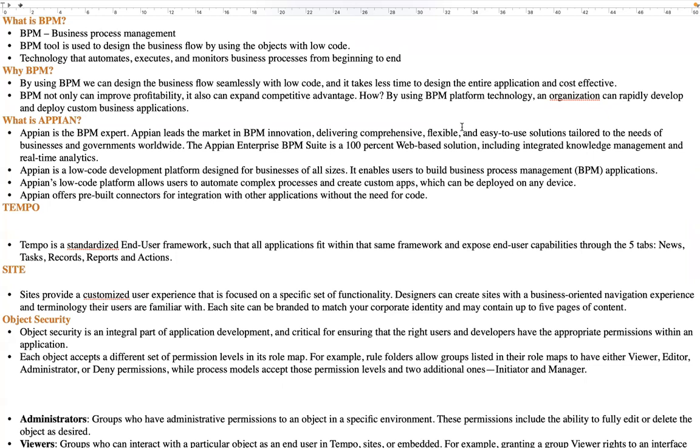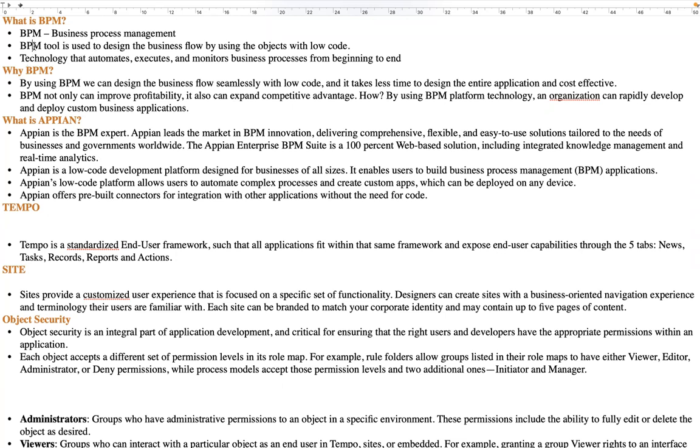They provide certain objects, and we configure those objects to run an entire flow. This is how BPM works. It is a technology that automates, executes, and monitors business processes from beginning to end. It can be any sector or any size of business. We can design an entire flow using these BPM tools.